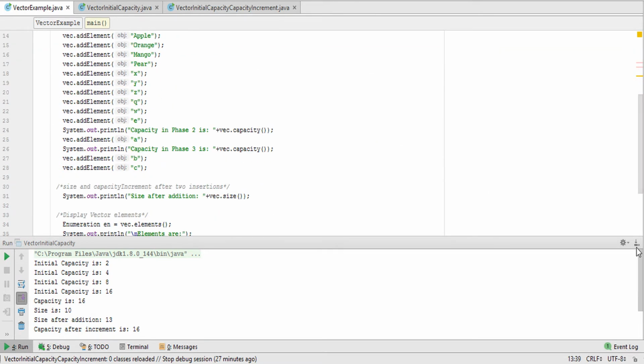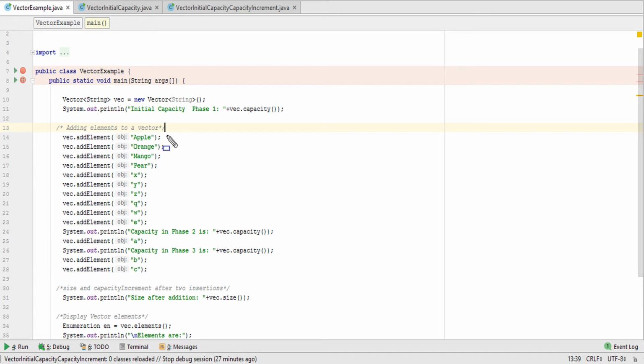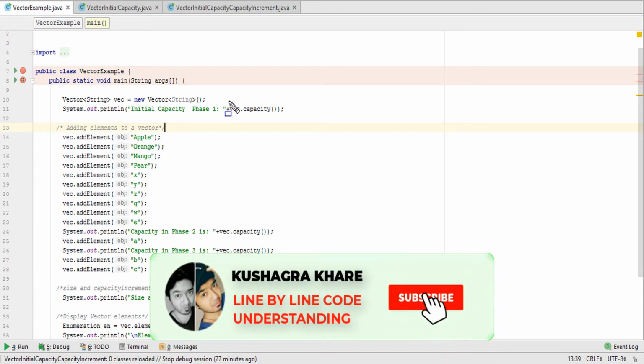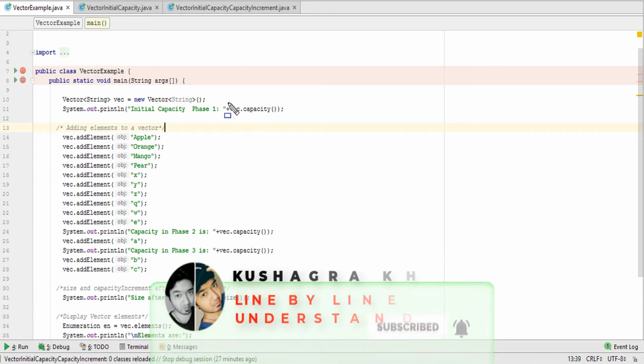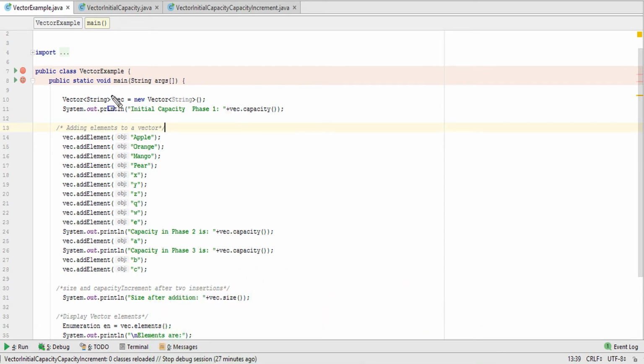After that you can see vec.capacity. Vec is the vector object, so the vec.capacity function will return the capacity of the vector. As you can see, I haven't defined any parameter for the initial size, so by default it has no value inside this bracket.